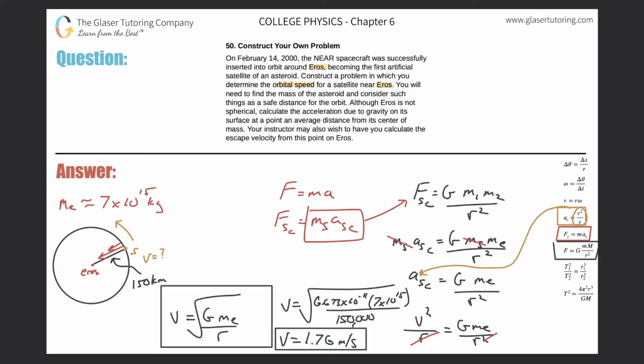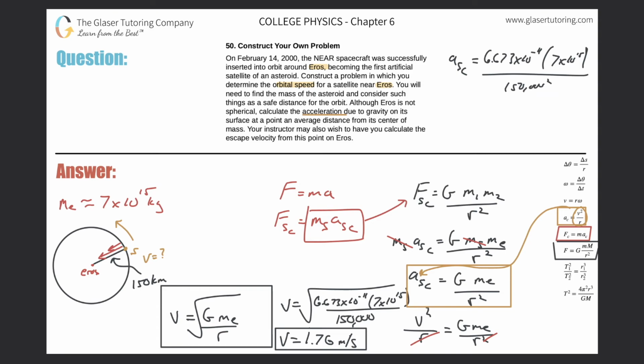So now it says also calculate the acceleration due to gravity, but the acceleration due to gravity, as I spoke about before, should be equal to the centripetal acceleration. So why don't I just use this formula now to calculate the centripetal acceleration? I'm going to do it over here. So the centripetal acceleration that the satellite is experiencing, which is also the acceleration due to gravity of that particular asteroid, should be the gravitational constant 6.673 times 10 to the minus 11, multiplied by the mass of Eros, which is 7 times 10 to the 15th, all divided by the radius,